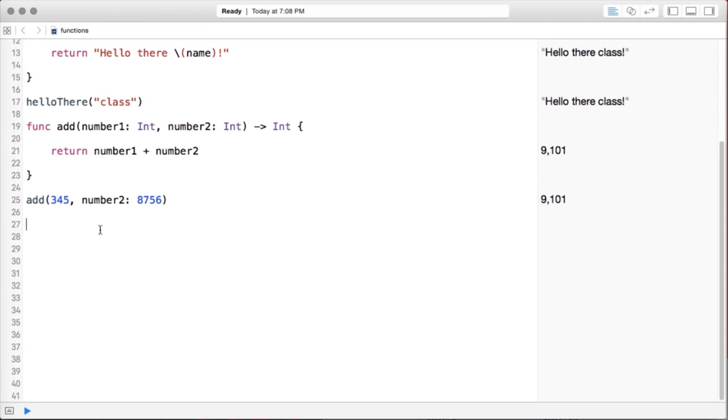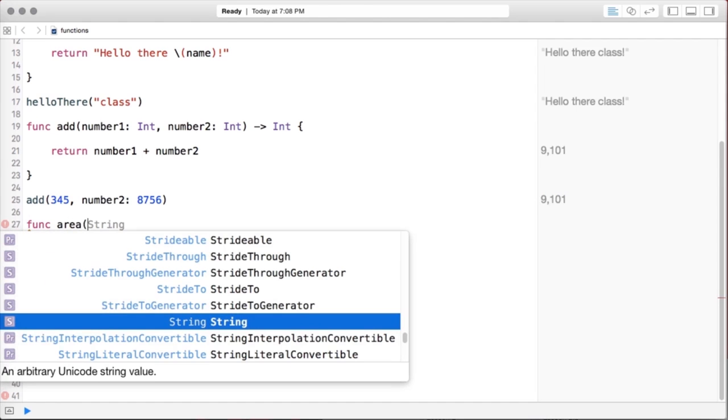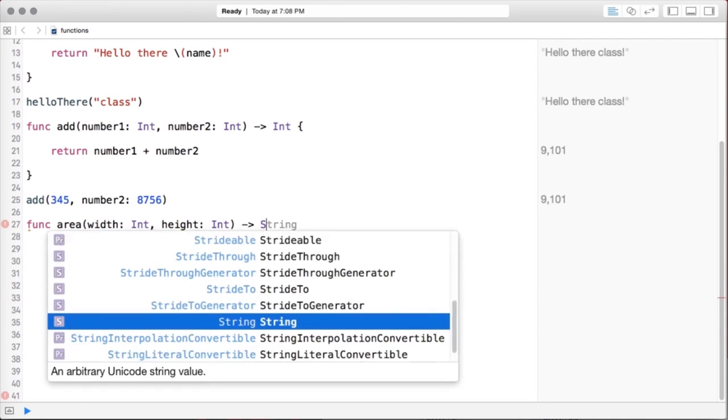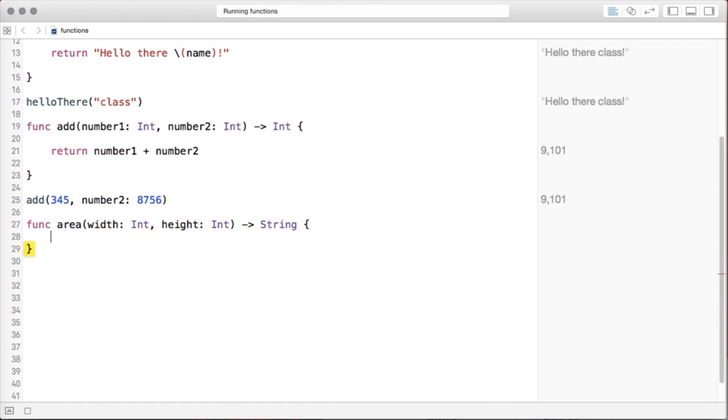So we're going to create a slightly more in-depth function just so I can show you their potential a little bit. So I'm going to say func, and we'll make this area, and it's going to take two numbers. One is going to be width, which is going to be an integer, and the other is going to be height, which is also going to be an integer. And then we're going to return a string. So we'll open up our function area here, and I'm going to create a variable, and I'm going to say let result equal